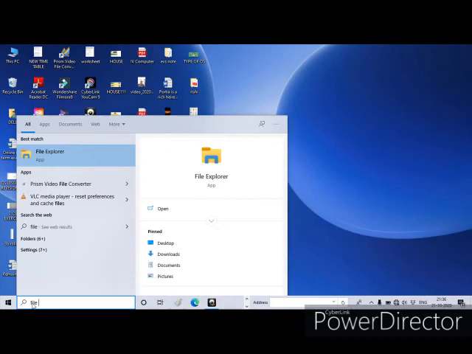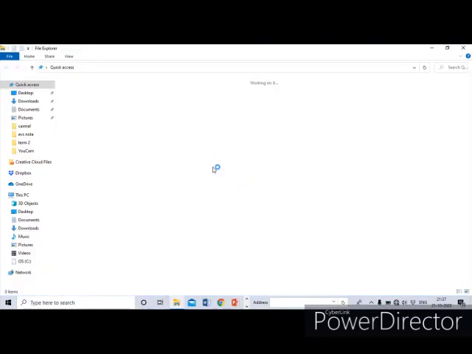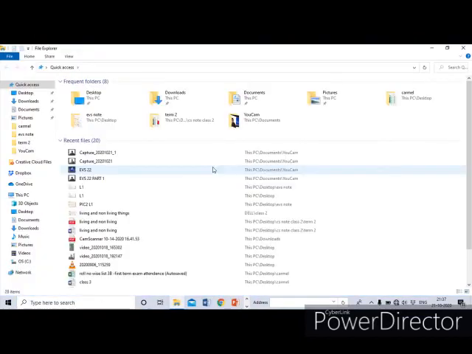How can we open File Explorer? We just need to type File Explorer in the search pane, and we can see File Explorer over here. I just double click to open File Explorer. So this is the Windows Explorer window. File Explorer is also known as Windows Explorer.